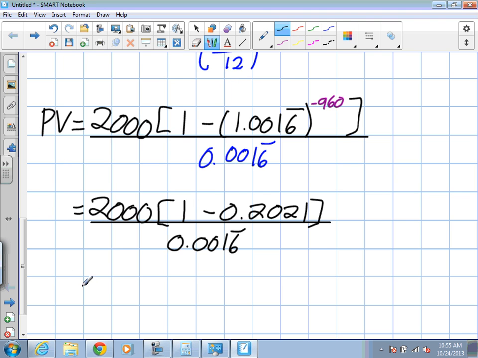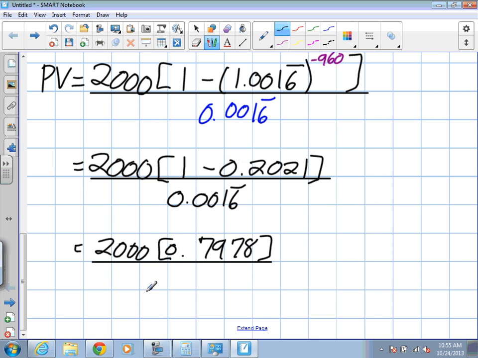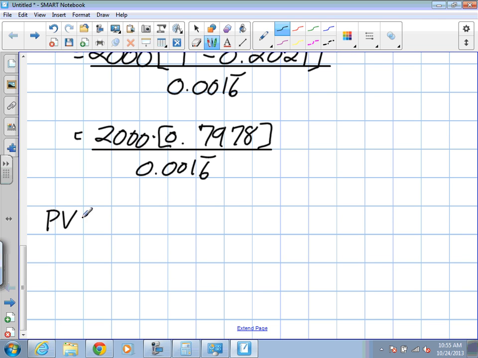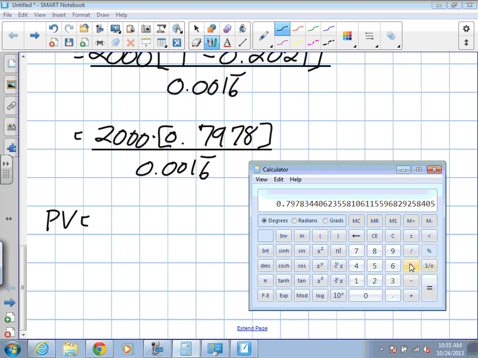So 2,000 times 0.7978. Still, this is all divided by our value, which is 0.0016 repeated. We're going to multiply the top and then divide all in one step to find out how much money we would need right now to live this way. So multiply this by 2,000. And then I divide it by 0.001 with a lot of 6s. So I'll try to put as many in as I can in this calculator. Is equal to,